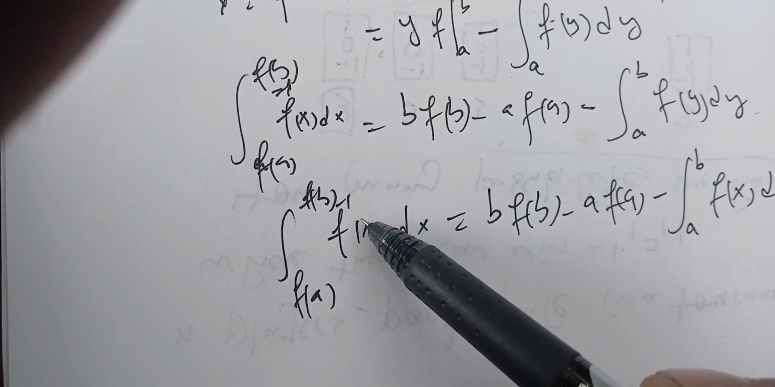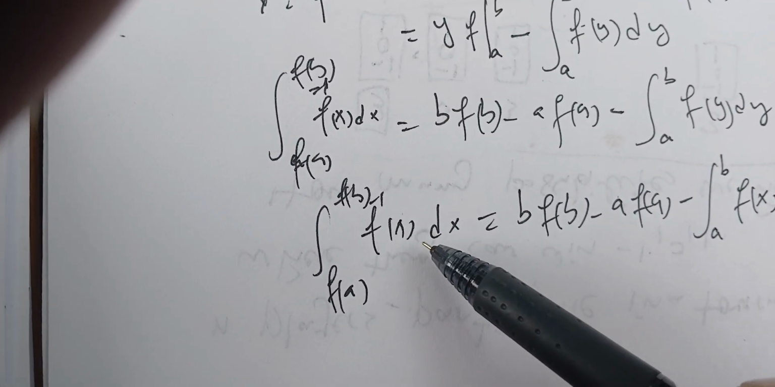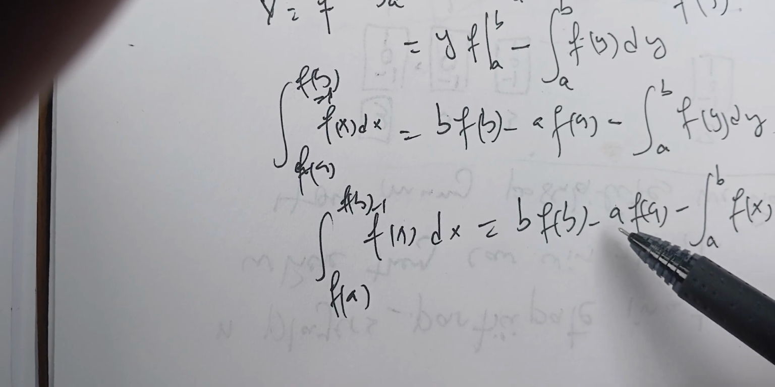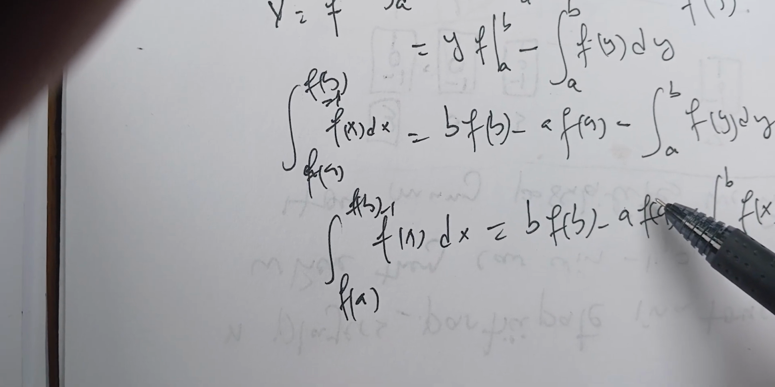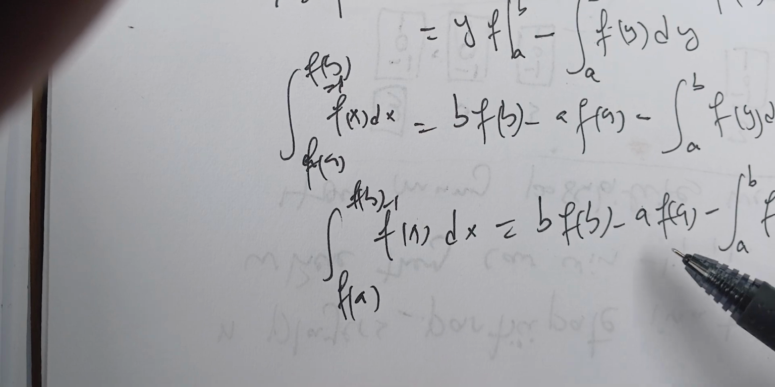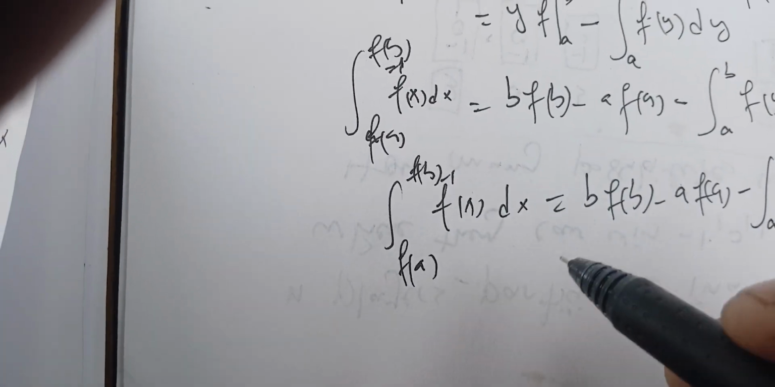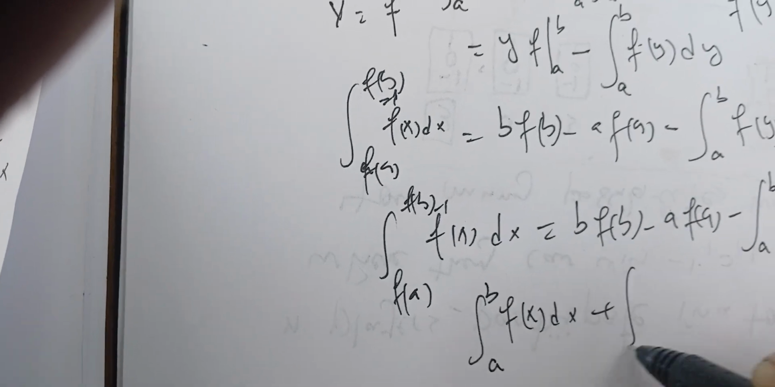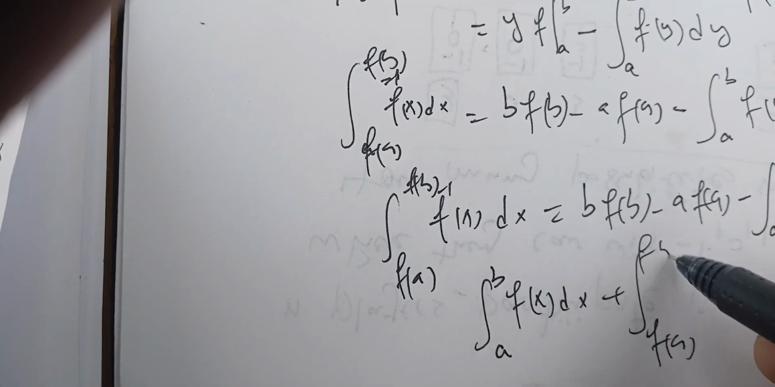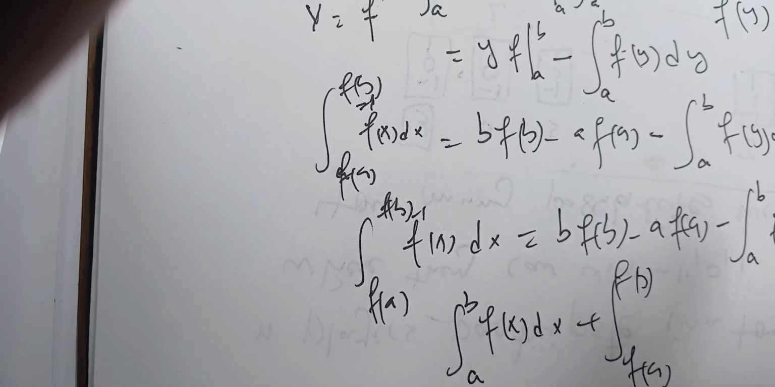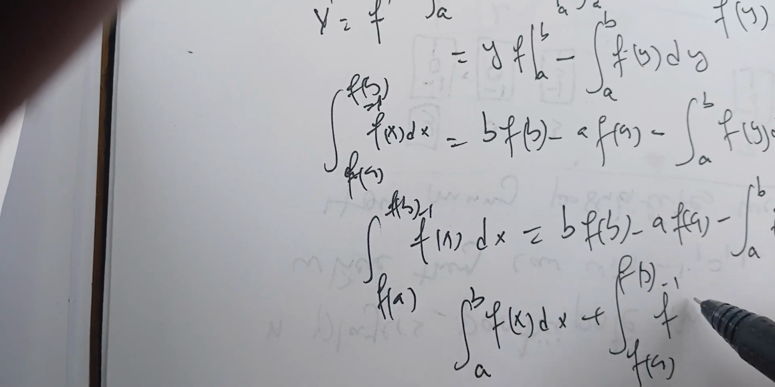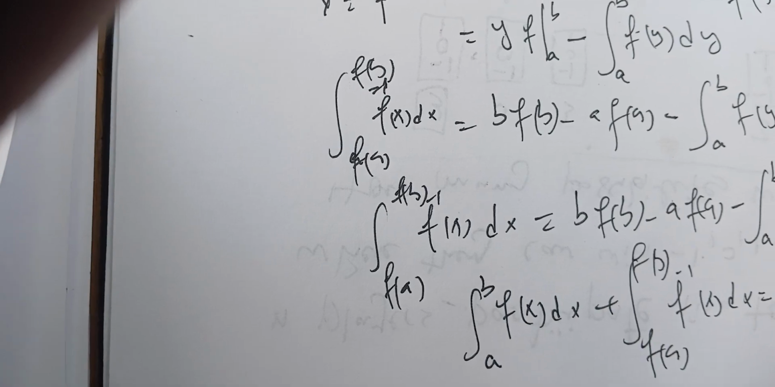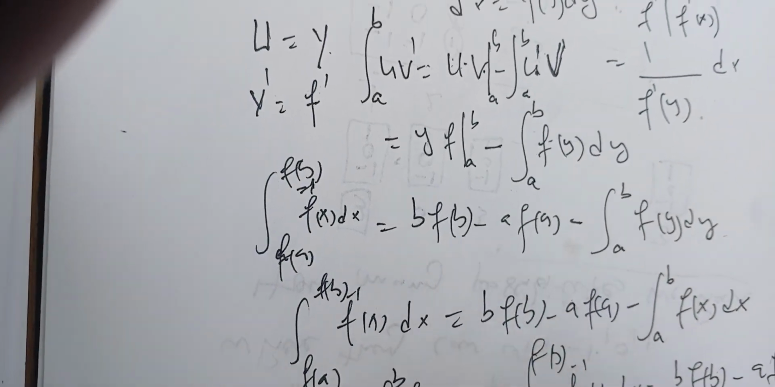So if you want to integrate an inverse function, all you need to know is its original function. And sometimes this is written another way. In some problems, it's going to be the integral between a and b of f(x) dx plus the integral between a and b of f inverse of x dx is going to be b f(b) minus a f(a). We can give some